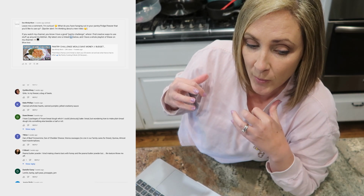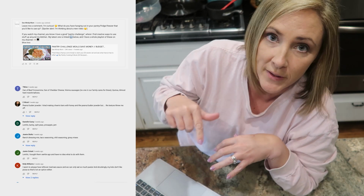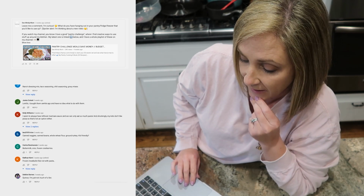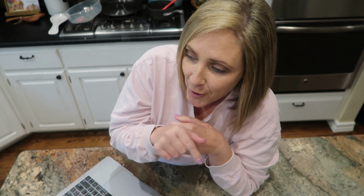And I'm sort of operating under the idea that if I was using these items to make a pantry cooking challenge here in my kitchen, what would I do? Several of you said lentils, and I actually had lentils too, so you've already seen that. I have some ground chicken and some stuffing mixes that I would like to use. Okay, what I would do if I had those two things and I wanted to use them together, I would